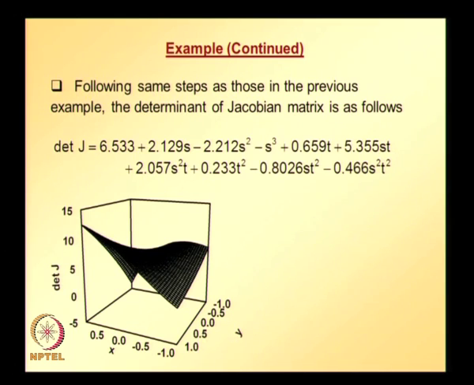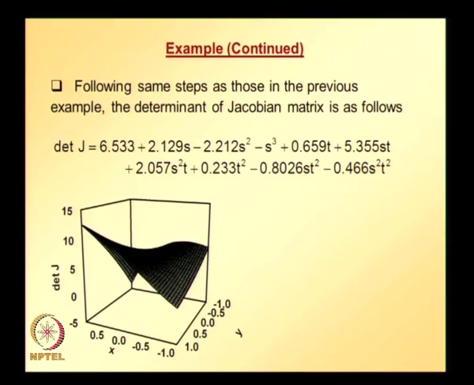If something is changing from positive to negative or negative to positive over a particular element domain, that means at some point in that element that particular quantity takes value equal to 0. So, this plot clearly shows that there is a sign change over the parent element domain. So, the mapping is not good,